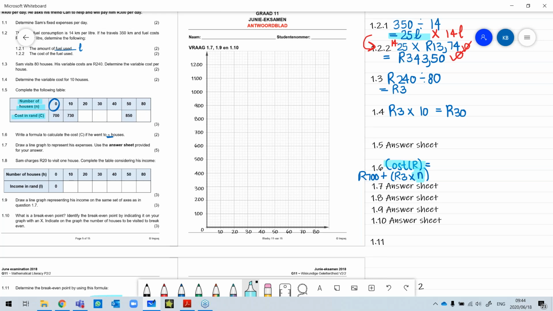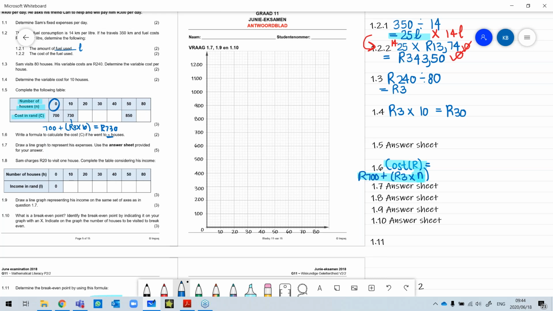Now, this formula we've just calculated here is the formula that we are going to use to complete the values for the table in question 1.5. So you will see 730 is determined by saying 700 plus 3 multiplied by 10 houses, which gives you 730. So if we continue to use this exact same formula for every single other number of houses visited,